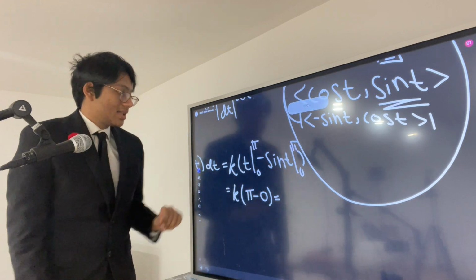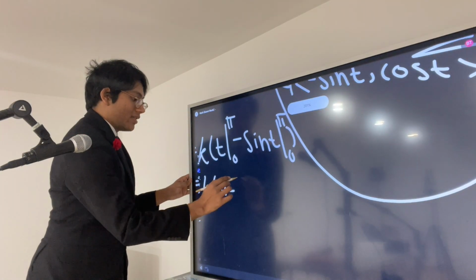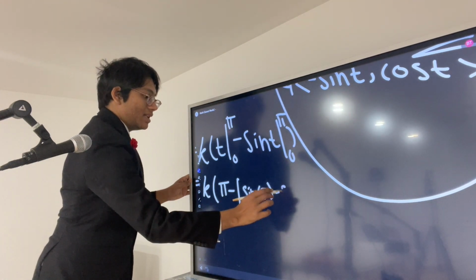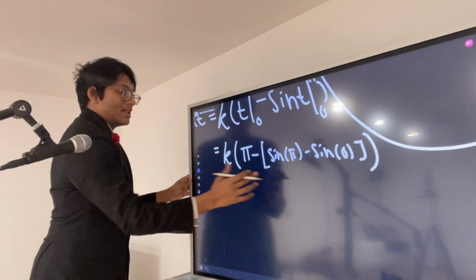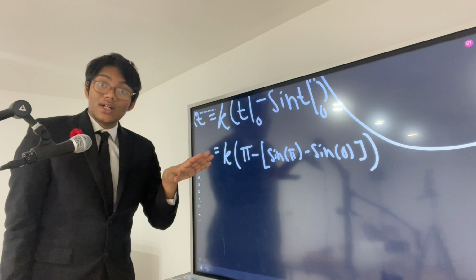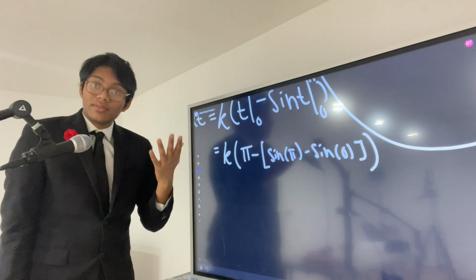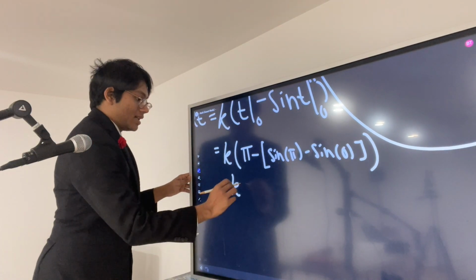Actually, let me write this out for the viewers who might not understand this math. We'll have sine of pi minus sine of 0. Okay, sine of pi is what? Sine of pi is 0, right? Because you're on the x-axis. Sine of 0 is also 0 because you're on the x-axis. So we have k times pi